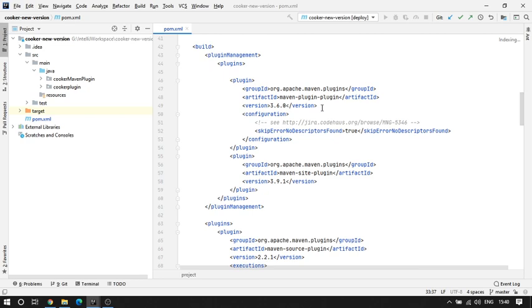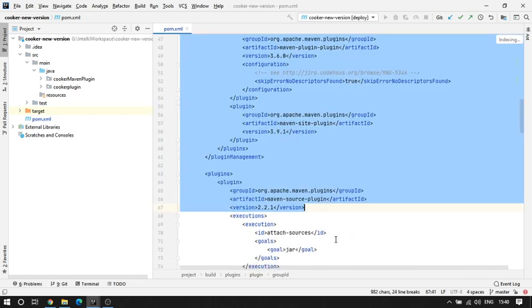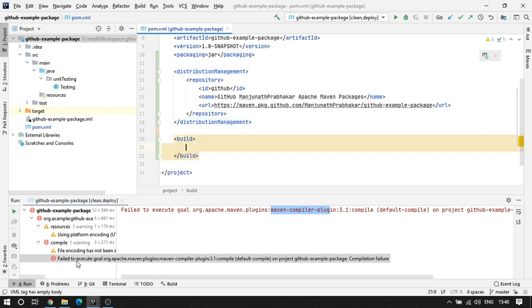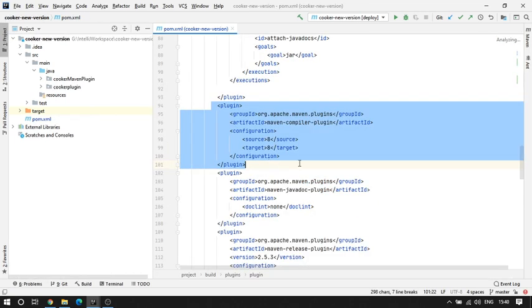Yeah, plugin management, and under build, the plugin management and Maven compiler plugin. We'll add the version also.